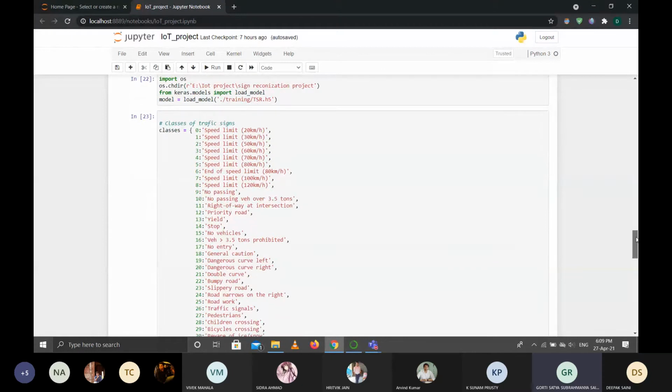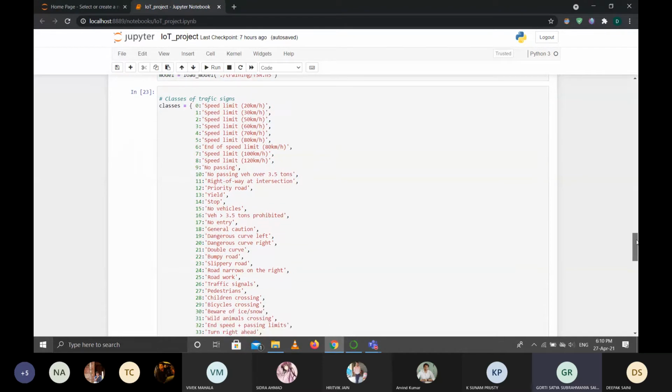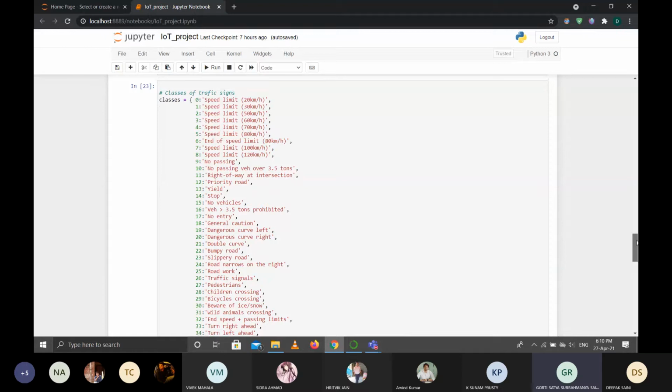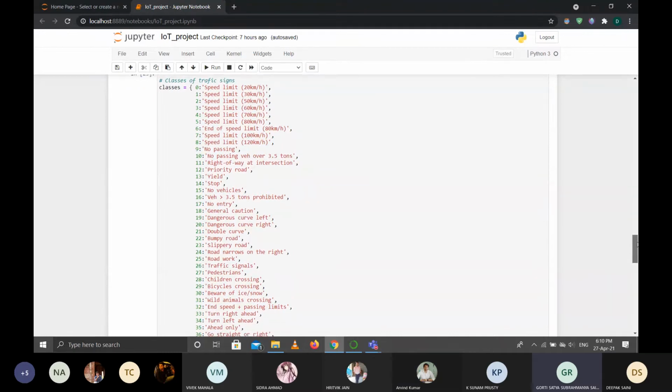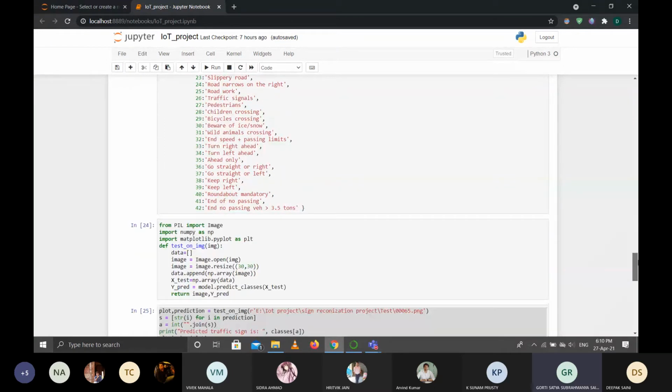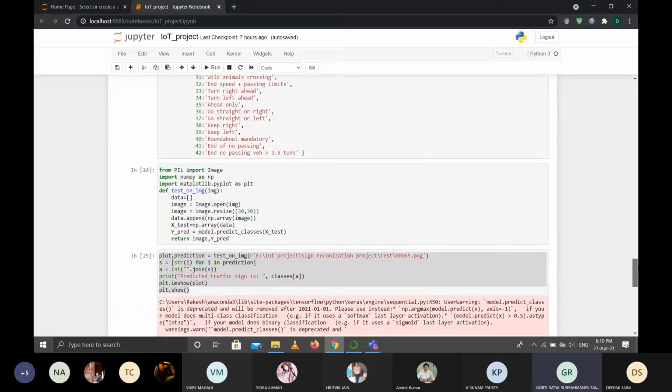Now that we have built the above written code which meets all the requirements that we need, here are some classes that we'll define. As Sunam mentioned, we have various classifications like speed limits and no entry signs, and we define some 43 classes here. And after that, it's time to deploy our code onto real-time images.